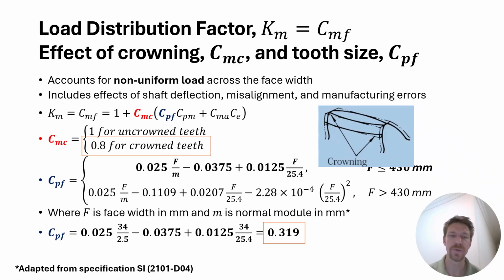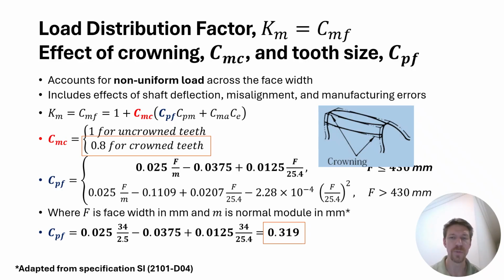We have crowned teeth, we were told, so that gives us directly that first number, 0.8 for crowned teeth, and then you have to calculate based on the face width being less. We know it's going to be less than 430 millimeters. That would be pretty enormous. So we take our guess of 34 millimeters and our module of 2.5, and we plug that in. We can calculate an estimated C sub PF